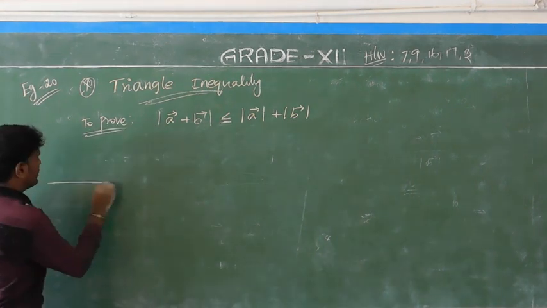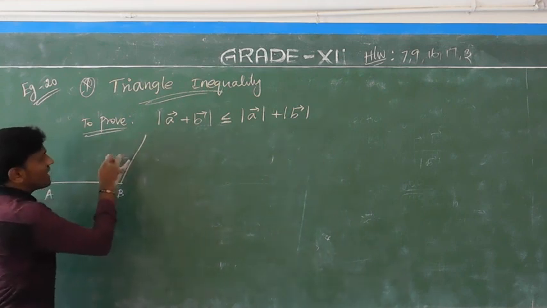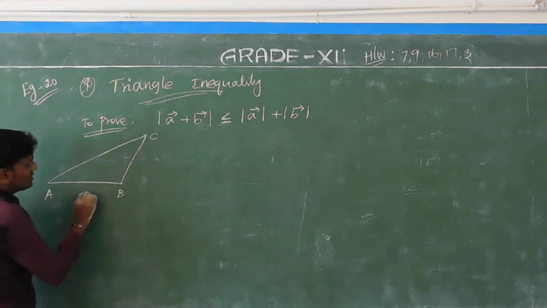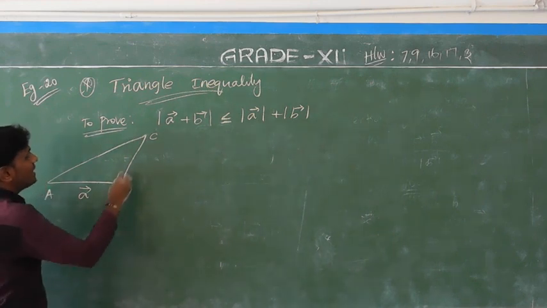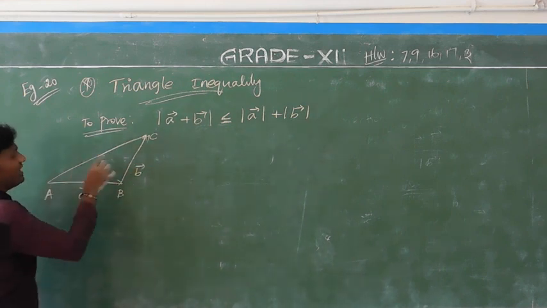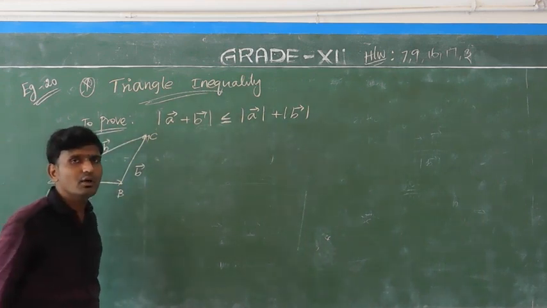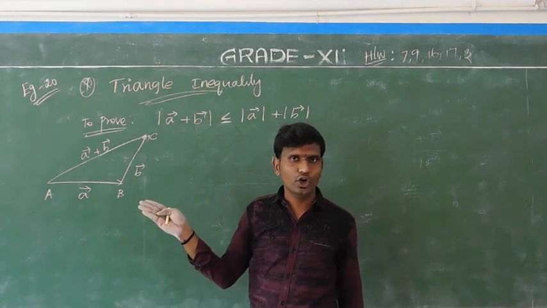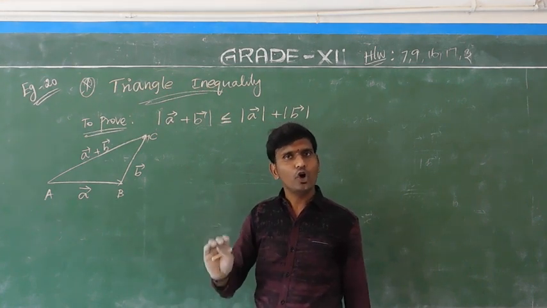See, I will give you the diagram. So this is your AB. Okay, and BC suppose I am taking like this, and AC here. See, so this is AB vector. Consider AB vector is equal to a vector, and BC vector is b vector. Then what will AC vector be? a vector plus b vector, with modulus of that a vector plus b vector. So this is your triangle law for addition. Again we are using that in the concept of dot product. Okay.